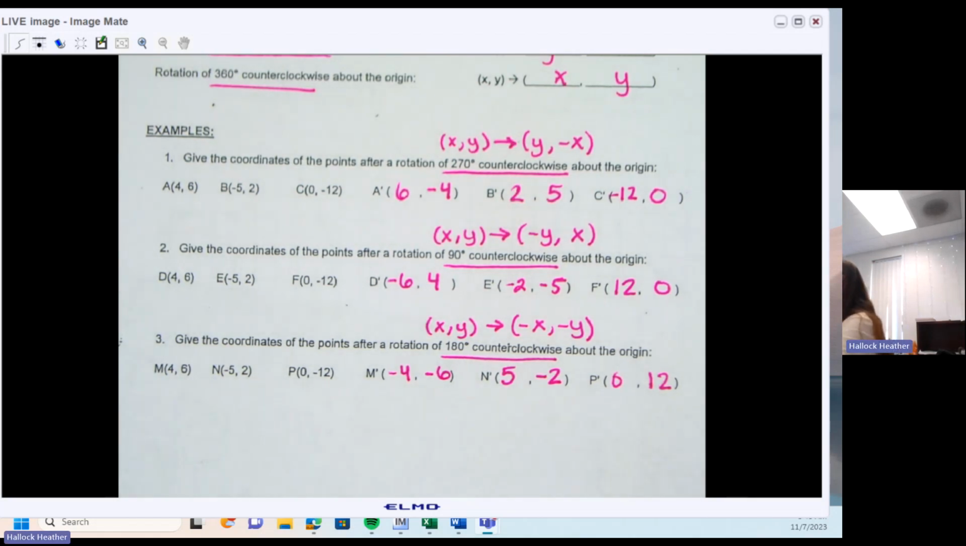Okay, on the backside, if you look on the backside real quick,